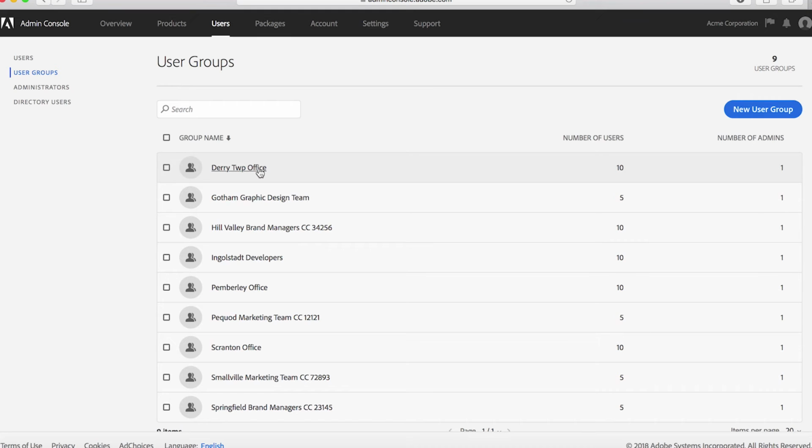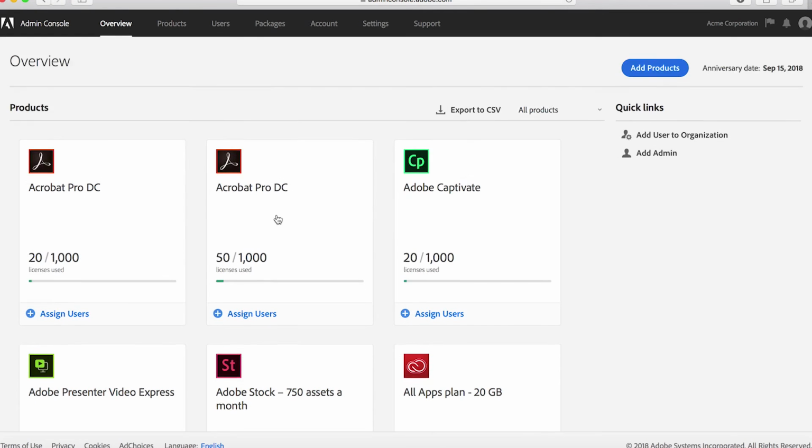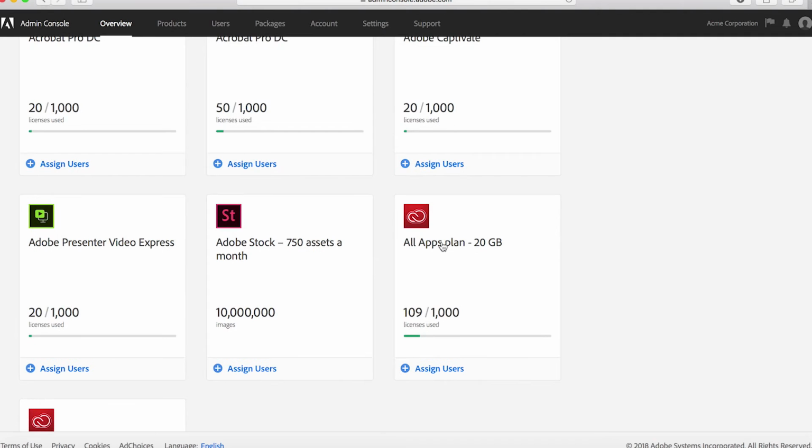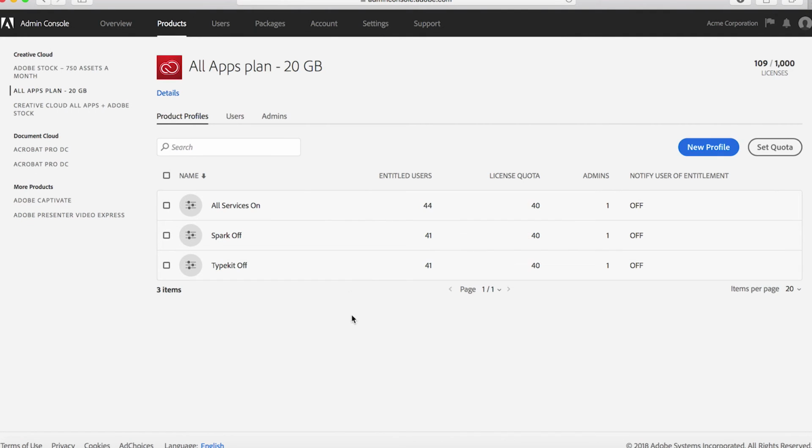And I can see here that I have set up a number of user groups already with varying numbers of users inside those groups. Now if we quickly go back to the home screen and we'll go into our All Apps profile. From here in the user section,